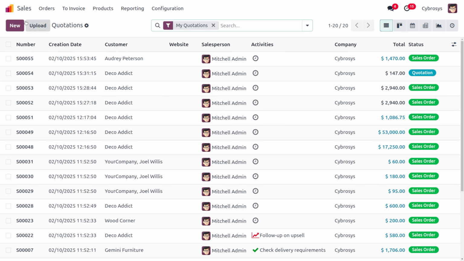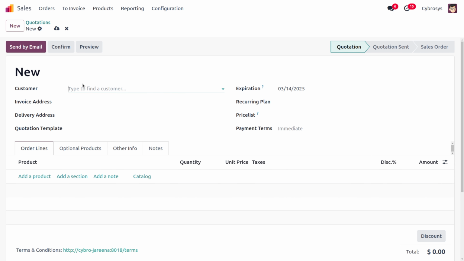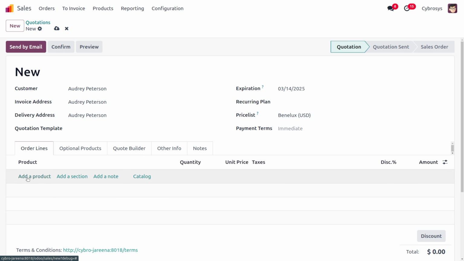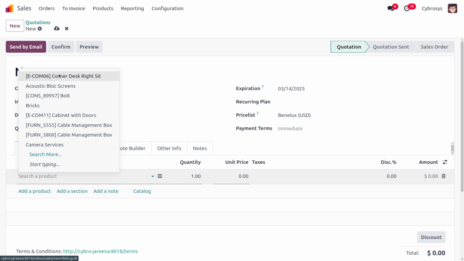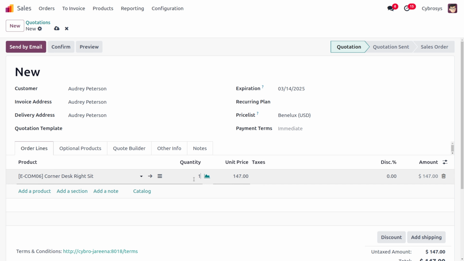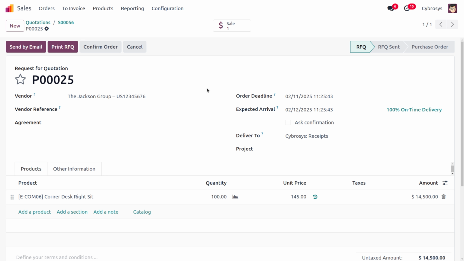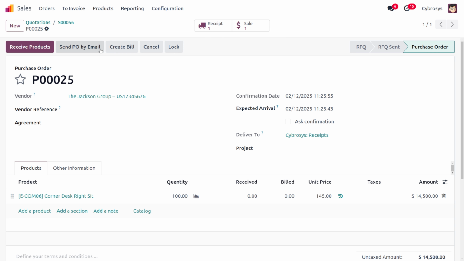In the Sales module, we need to consider the sales order. Here the customer is OD Peterson, and we have to fill out the details of the product, which is Corner Desk Right Sit. In this case, let's say that we want 100 quantity. We know that we don't have sufficient quantity of the item, so we just need to confirm the order. As we confirm the order, you can see that a purchase order is created in order to do the subcontracting. First we have to confirm the purchase order in order to get the item from the subcontractor and keep the item in stock. From the stock, the item will then be delivered to the customer.